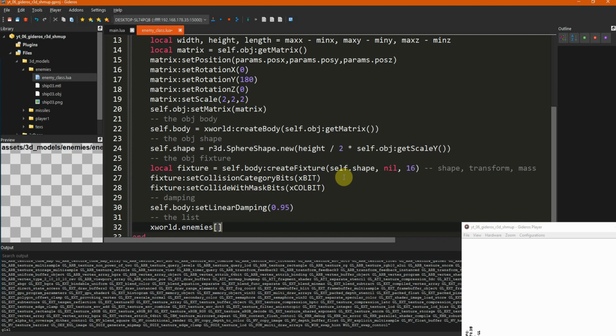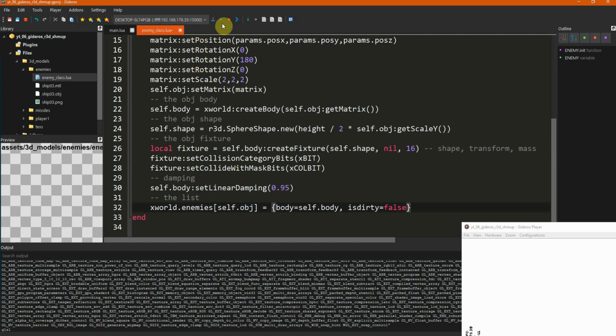The key is going to be self.obj, so the graphics of the object, and the values are going to be two values. So I'll create another table. The first value is going to be its body, so body equals self.body, and we create a variable isDirty equals false. So when we hit the enemy, it's going to be dirty, so we can clean it, so we can delete it from the scene.